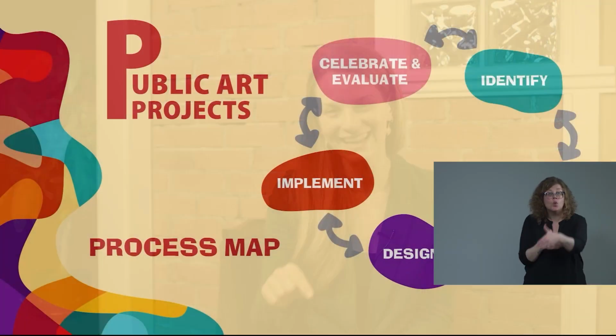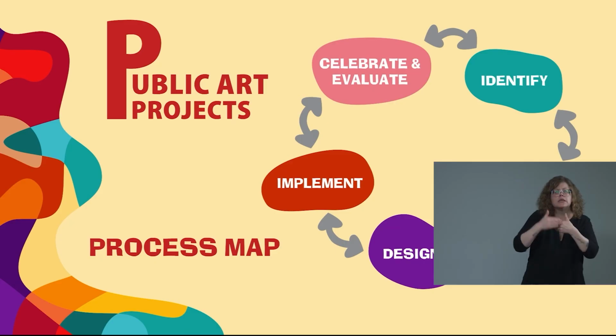So all of these processes, you might enter into your process at any point in that circle. And once you enter into the process, you still need to make sure that you complete all of those steps no matter where you enter in. So does that make sense? You want to make sure that you have the room to adapt and change the process based on what the community needs, what the artist brings, how their funding comes to you. You will still want to make sure that you cover all those steps no matter what part of the process you start in.